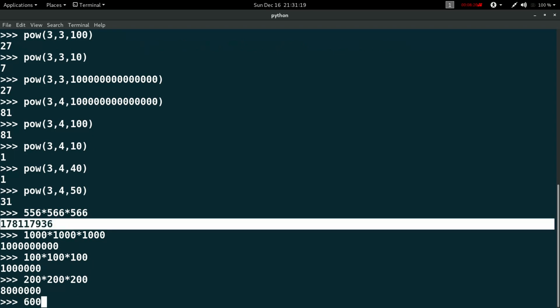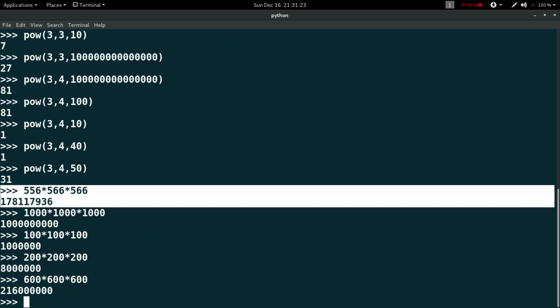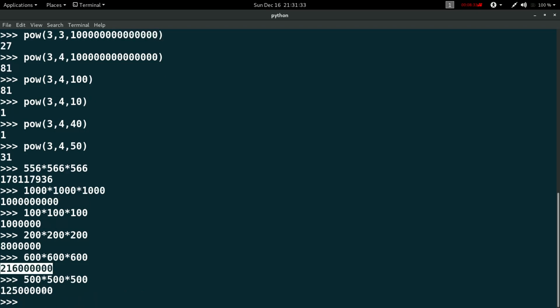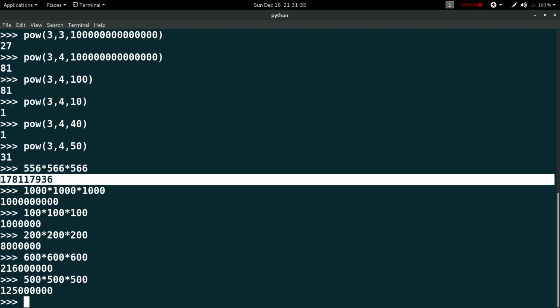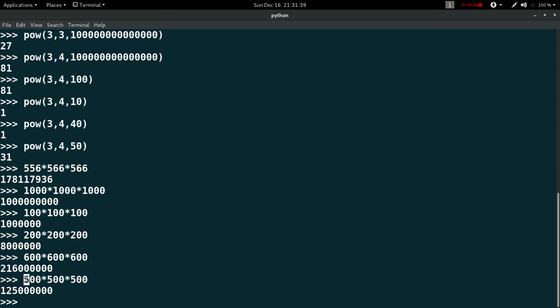So if I go to 600 into 600 into 600, I'll get a number that is greater than this number. So I'll leave it at 500 into 500 into 500. And now this number is smaller than this number, which is okay. Being smaller is okay. Now I've got the left corner digit. Now I'll move to this one, and I'll again do 510, 520, and we'll go to 550 into 550 into 550,